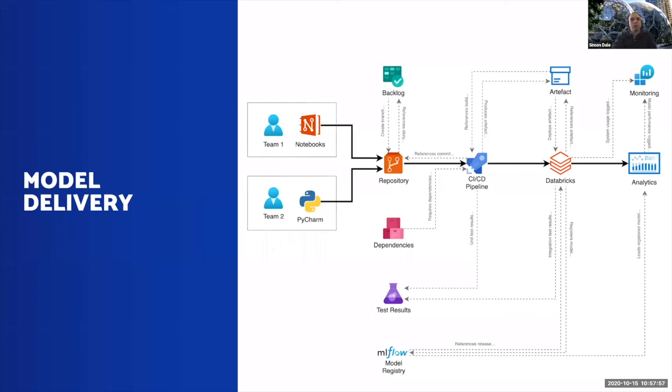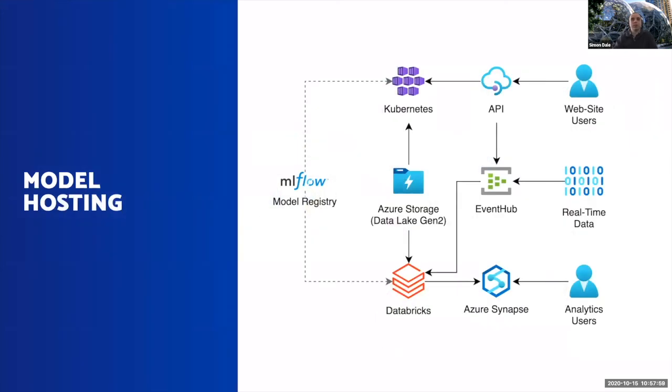And then we move on to model hosting, which we touched on briefly before, where you have things like batch processes where models are consumed by Databricks or Azure Synapse. They can be in streaming or batch applications, or also models can be hosted as APIs through Kubernetes and made available to users. And we start to see all of the cloud native services fitting in here, like API management, Event Hub, and data lakes. And you can see how that fits back into the data platform that we spoke about at the beginning.